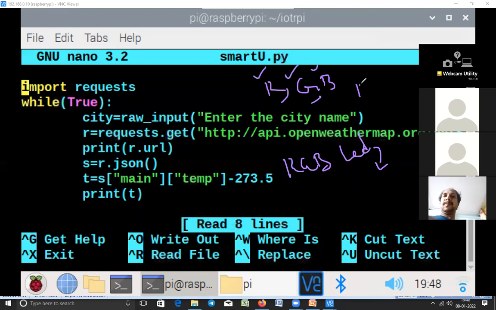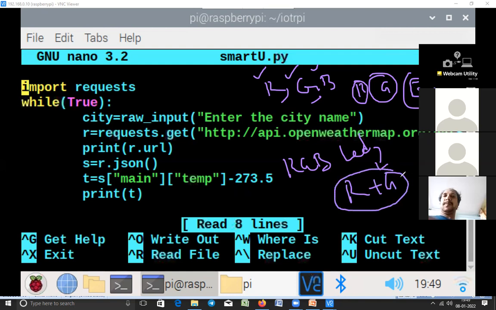You can turn on red only, or green only. If you turn on only red, you will get red color. If you turn on only green, you will get green color. If you turn on only blue, you will get blue color. If you turn on the red LED and green LED, you'll get a color combination of red and green. What is the color combination of red and green? Yellow. Nice, you'll get yellow color. If you want to get white color, you need a combination of red, green, and blue.